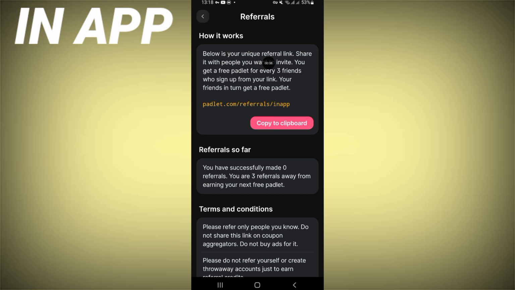Is your unique referral link. Share it with people you want to invite. You get a free Padlet for every 3 friends who sign up from your link. So if you copy this link and share it with your friend and they sign up with your link, you will get a free Padlet. So it's